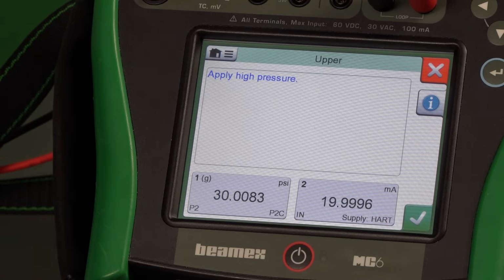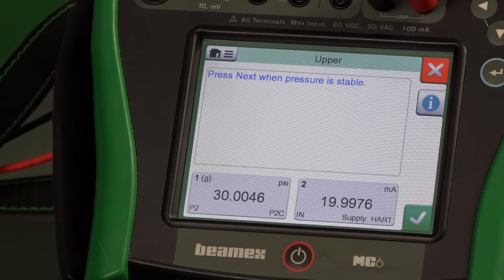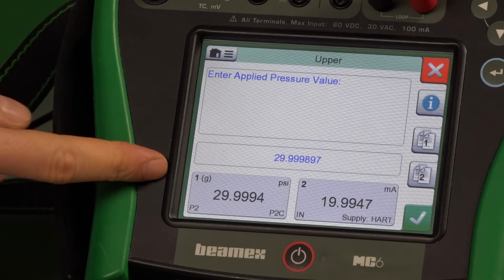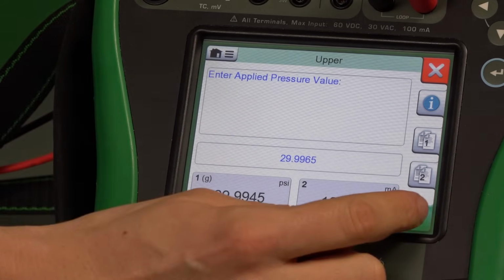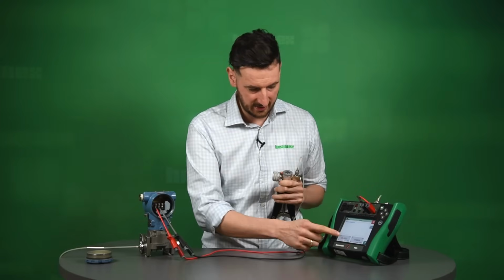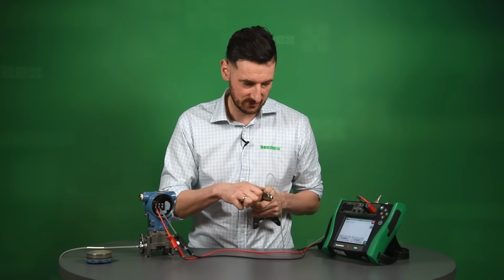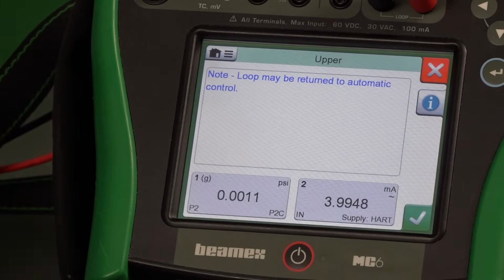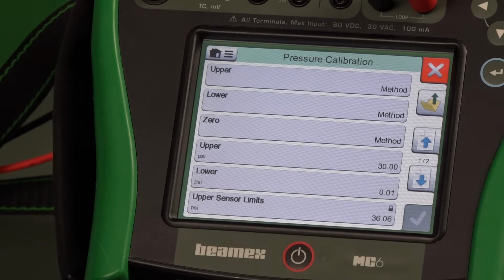It's probably fine. Okay, so you can see right now it's asking us to apply high pressure. We just did. Click OK. And it's actually asking us to copy this value into the field. So that's what we're doing. We're copying the value from one unit to what it asks us to do, and right now it asks us to remove the pressure. So it looks as if that upper trim was successful. So all we have to do right now is go back to our calibration